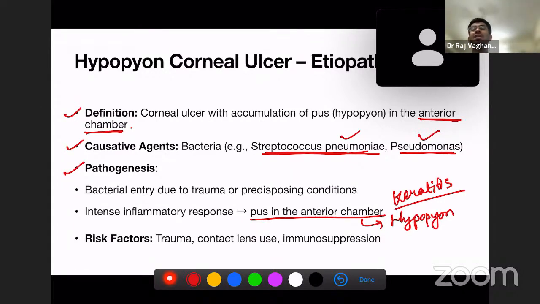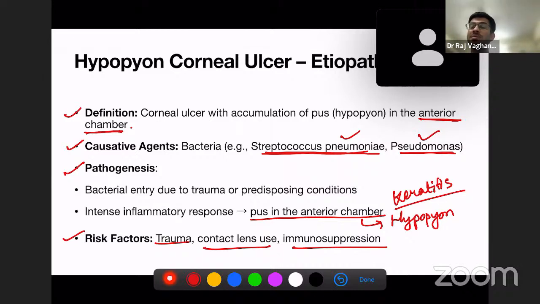It includes bacteria entry due to the trauma or predisposing conditions, intense inflammatory response, that is pus in the anterior chamber, right? And the risk factors include trauma, contact lens use, and immunosuppression. Okay, so if there's any trauma in the eye, that will generate an inflammatory reaction, and that will form the pus in the anterior chamber. If you're using contact lens for a long period of time, for a chronic period of time,